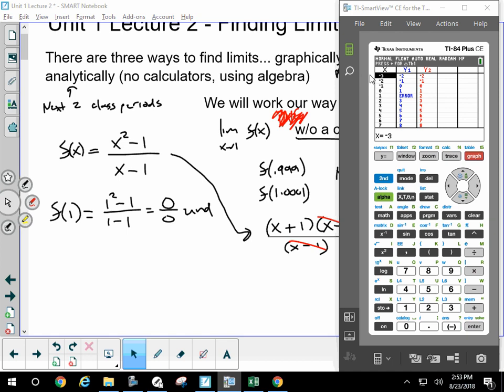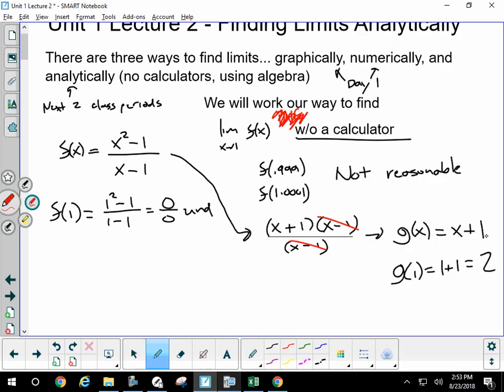So g is the exact same thing as f, except it has the point at the location of the hole, and it tells us what the limit is. Tells us the y location of the hole. So turns out g of 1 is 2, and that is the limit as x approaches 1 of that original